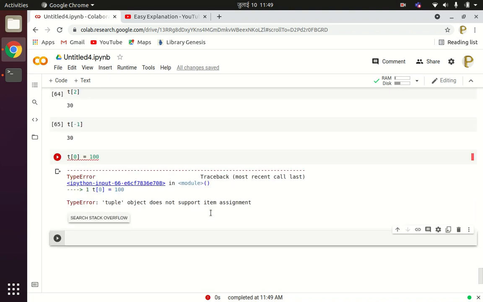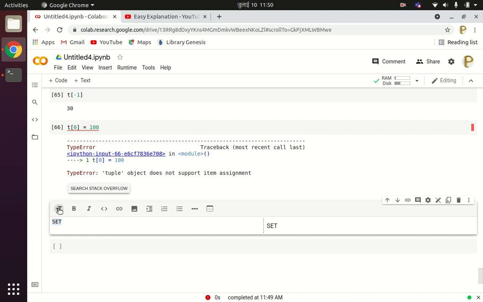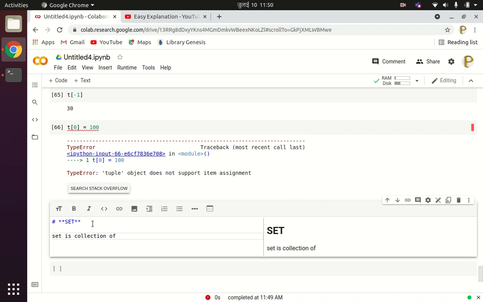Now another data structure that we need to understand is set. Now set is a collection of unique homogeneous elements.